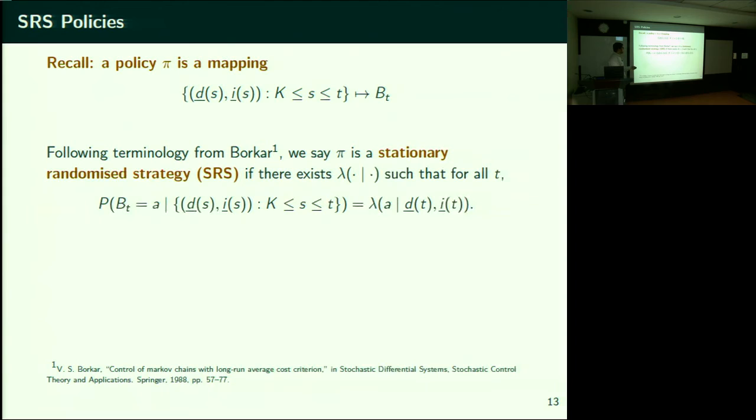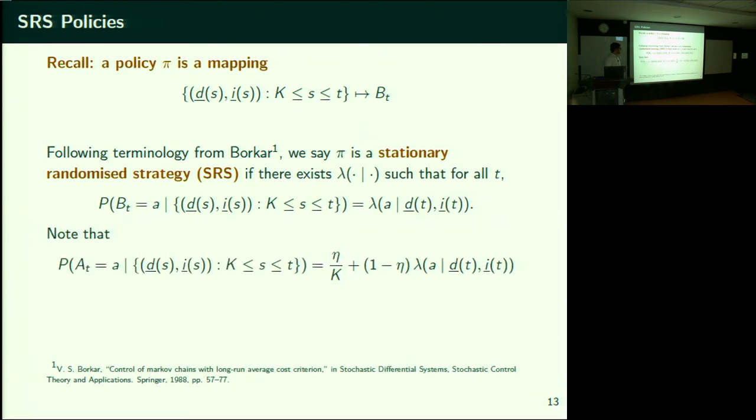So if it's a stationary randomized policy, that is a particular type of policy which takes decisions only based on the current state. It doesn't look at the past actions and the past states. So it's only based on the current state. Let's say we have a stationary randomized strategy, an SRS policy. This is the way in which you intend to select. Lambda is a certain probability distribution according to which you intend to select an arm. But does it actually get selected that way?